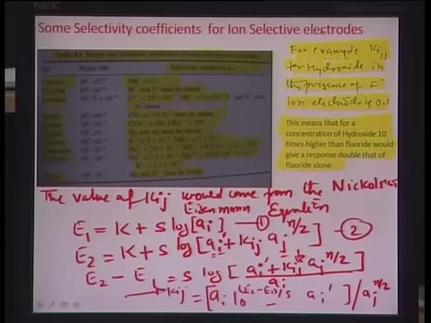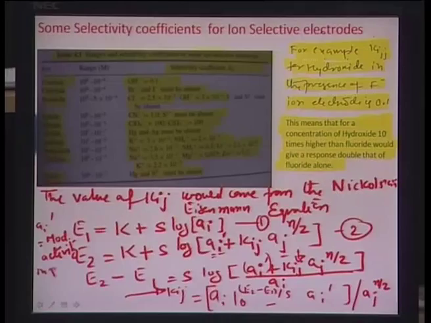That is what Kij would be in this case. AI dash, again I reiterate, is actually the modified or corrected activity of the mixed solution. So let me write it down somewhere that in this particular case AI dash is the modified activity in presence of